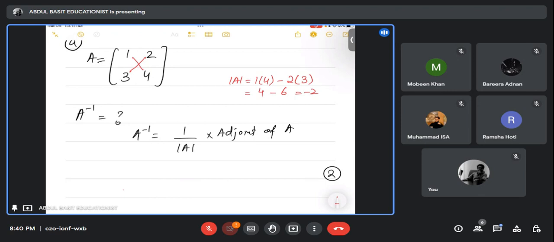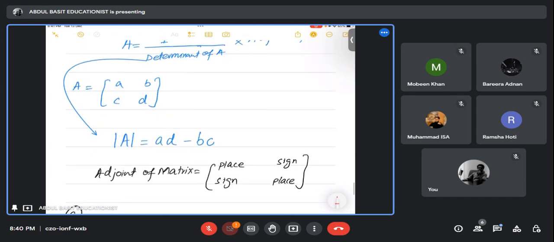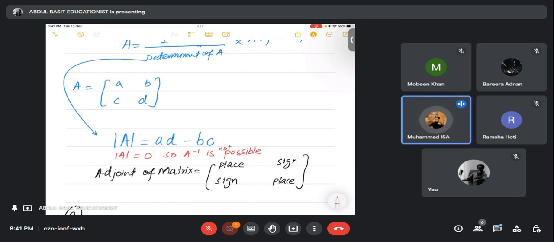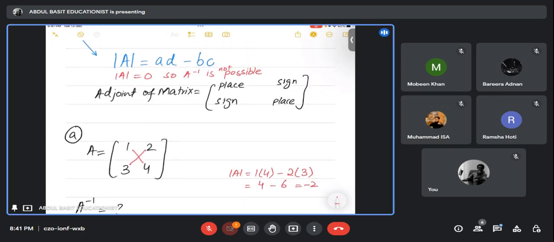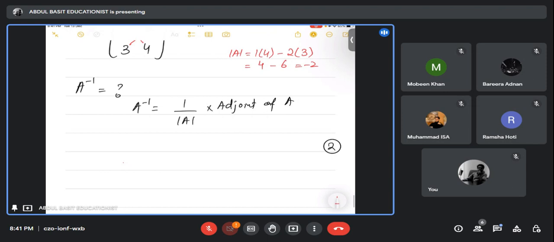If the determinant of A is equals to 0, then A inverse is not possible, because 1 multiplied by 0 is not possible. No, 1 divided by 0 is a math error. Is this clear? So if your determinant of A is 0, then inverse cannot exist. So we got minus 2 as the determinant of A. So the answer is 1 divided by minus 2 times